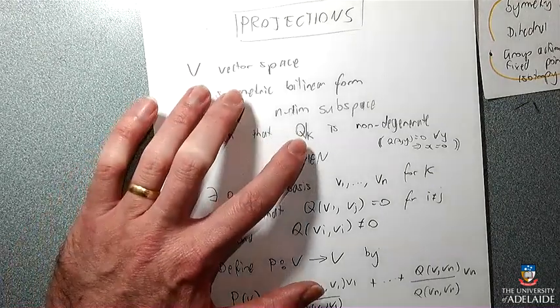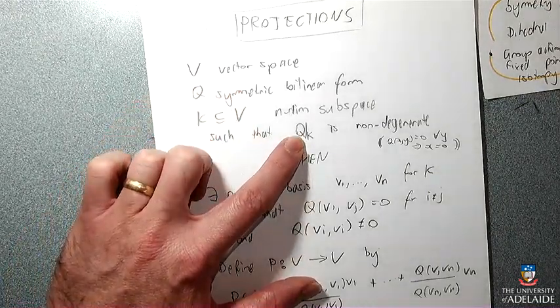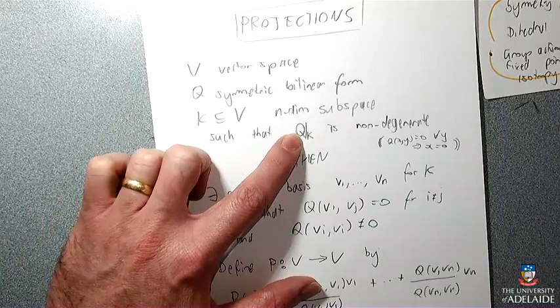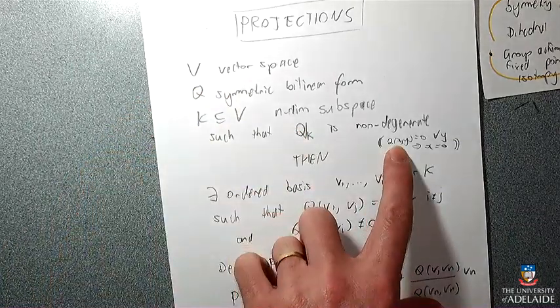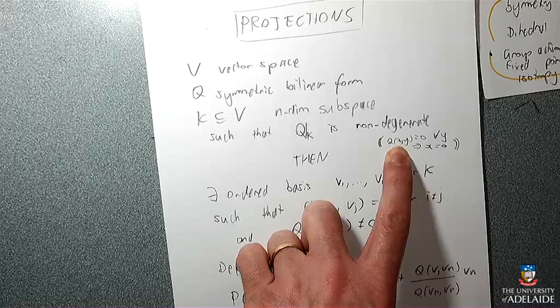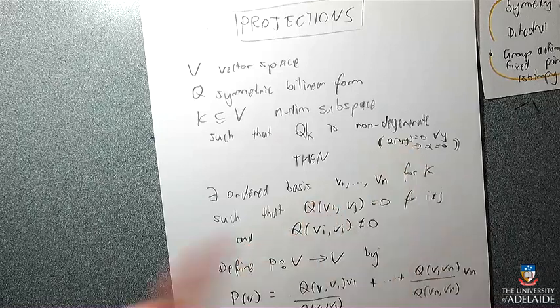So basically, if we look at Q just inside the subspace K, we don't have any of these dodgy points that dot product with everything would be 0 without being 0. Okay. So in a sense, you're not allowed to have anything that's orthogonal to everything unless that thing is 0. Okay, well that makes sense. That would be annoying if it happened, I imagine.